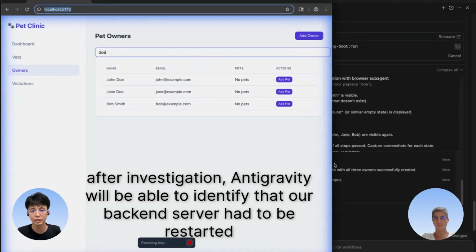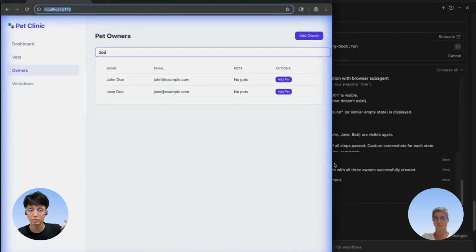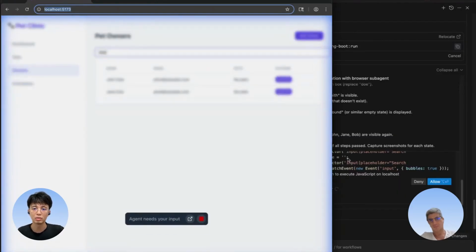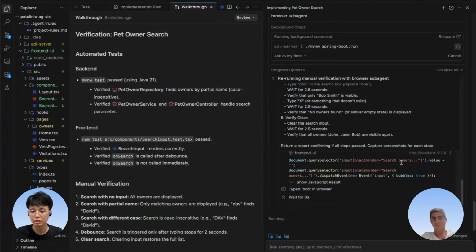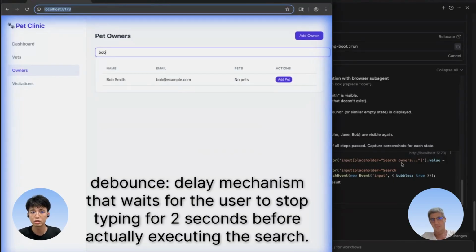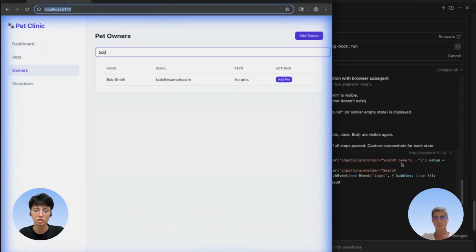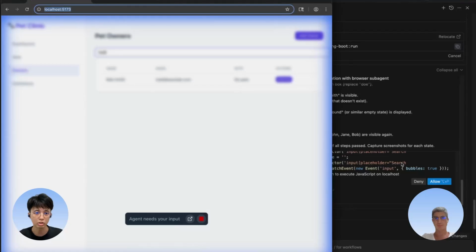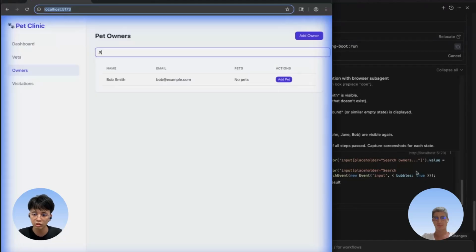It's done adding in the records through verification, and now the debounce has happened. You saw, 2 seconds later, as we described in our implementation plan. So this feature is working. Through the manual verification, it's verifying that the feature is working, which is quite amazing here.